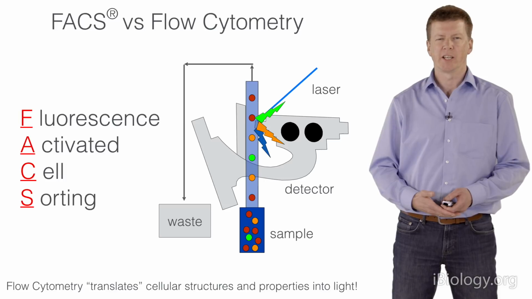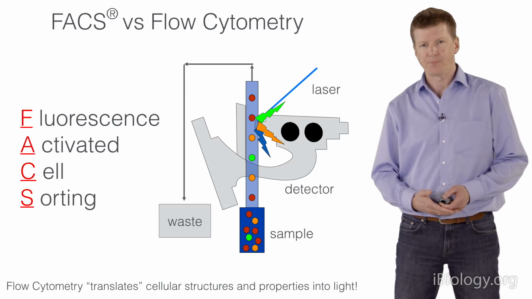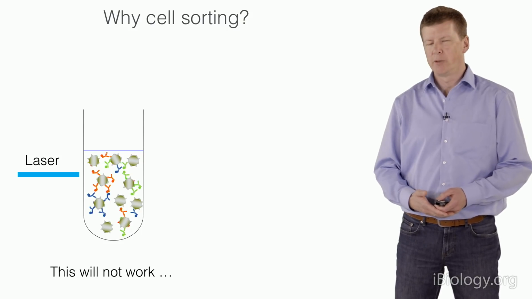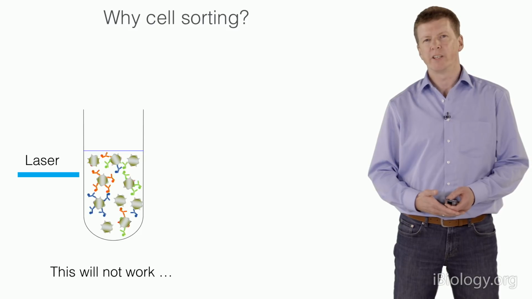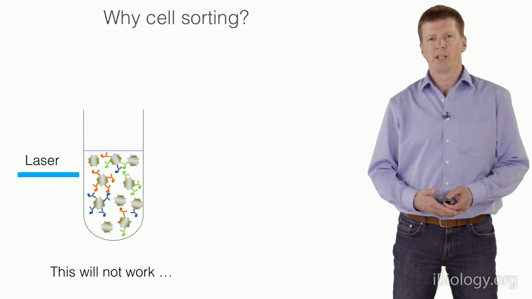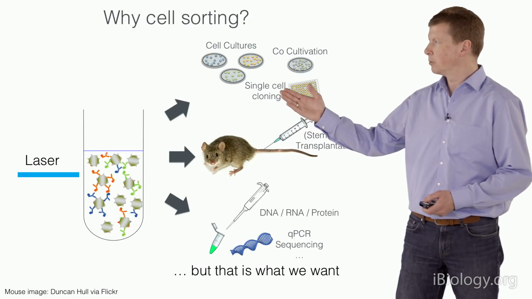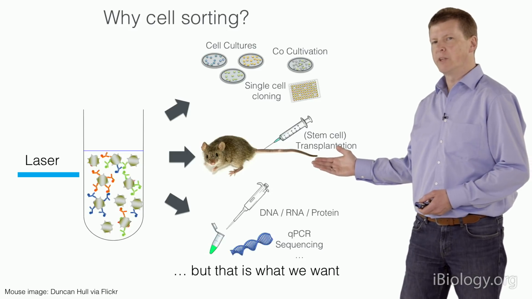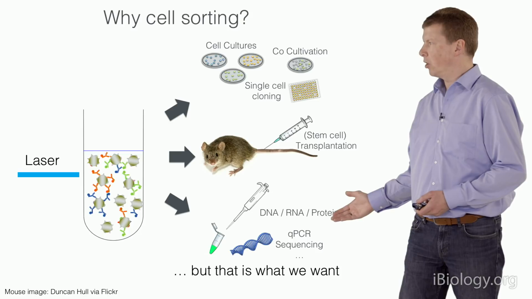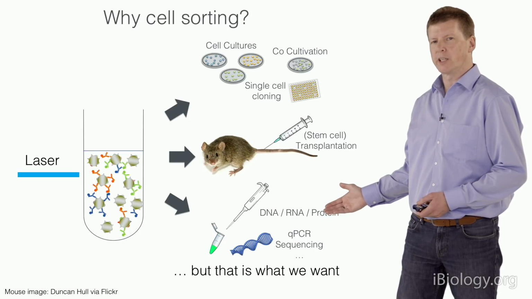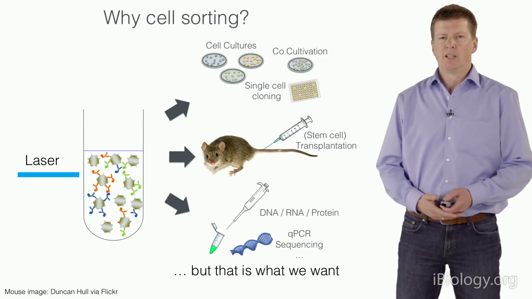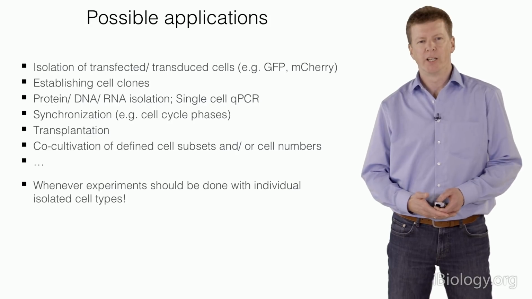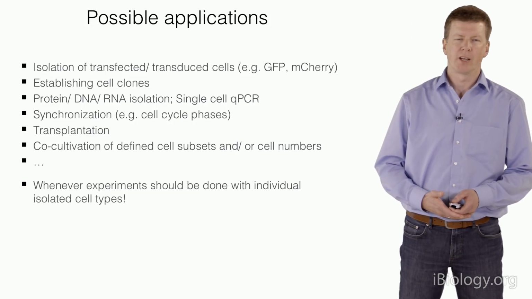So what are the reasons that we need a cell sorter at the end? If we applied a laser on our tube of cells, we would not get really important and valuable information out of that. Instead, we want to do many fancy things with our cells, like cultivation, transplantation to look for stemness of our cells, and do all these omics which are available today, like proteomics and genomics. For that, we need to do cell sorting, and this was developed in the immunological surrounding.